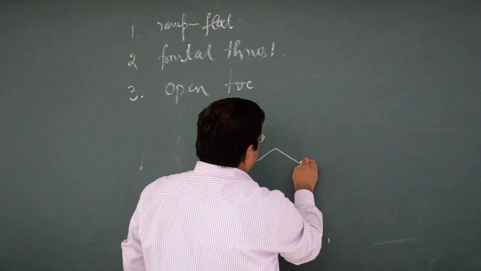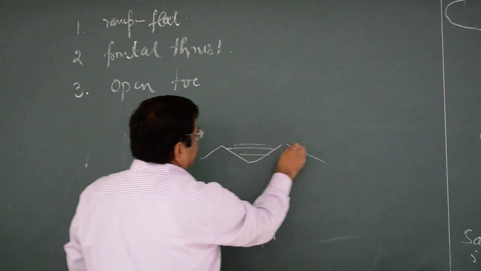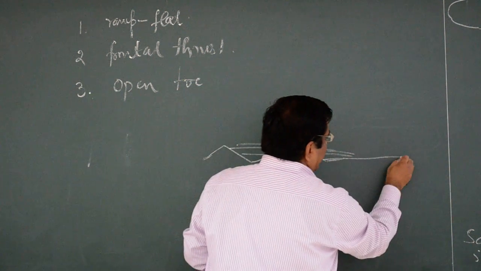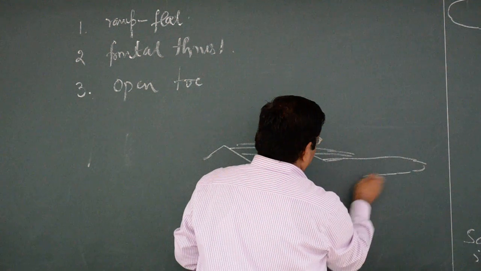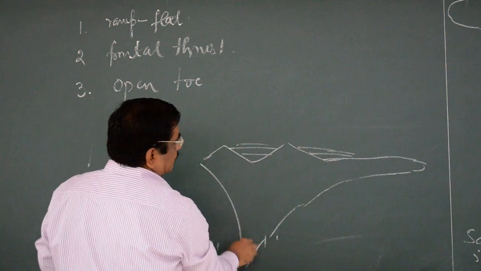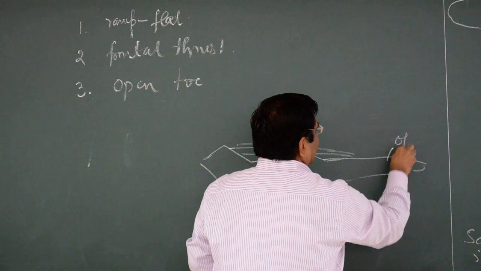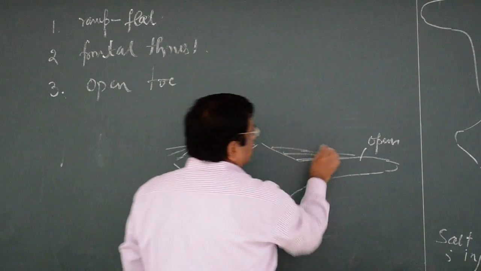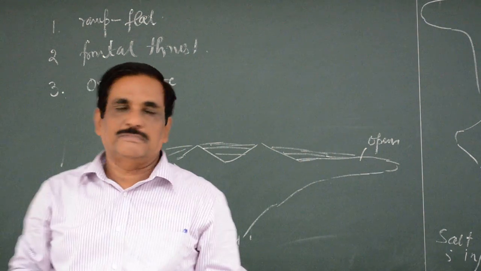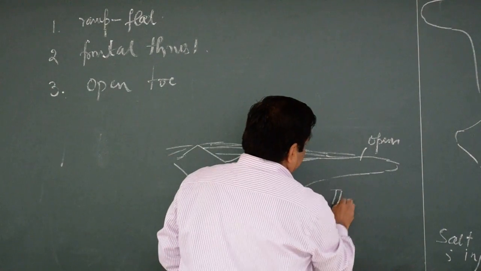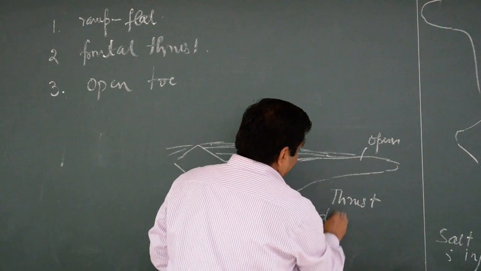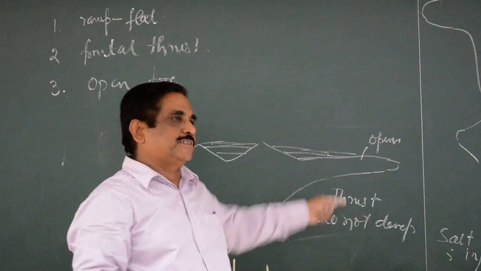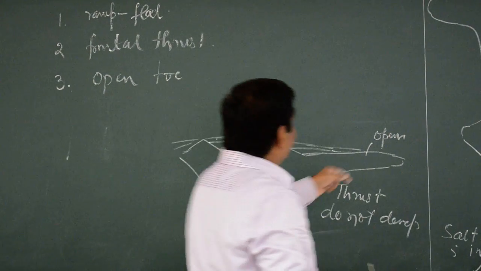Only the point is, these are the sediments deposited. So the frontal part is open. This frontal part is open. And these are all filled up with sediments. So here thrust does not develop. It only spreads. So you may get an open-ended